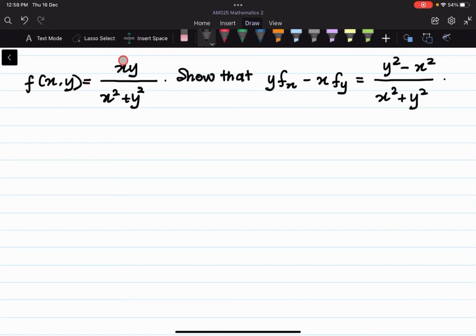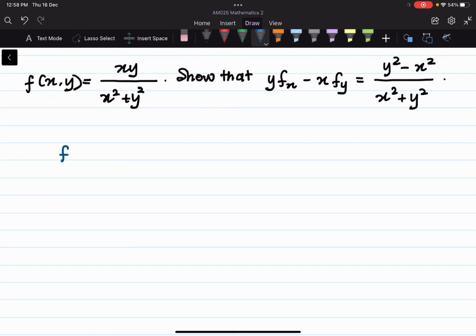f(x, y) equals xy over x squared plus y squared. Show that y times f sub x minus x times f sub y equals y squared minus x squared divided by x squared plus y squared. So for this question,